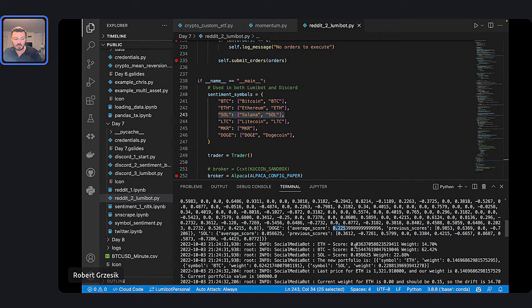We can see here Solana had a score of 0.05. It even tells you how it got that score. One article gave it a 0.36. Another comment gave it a -0.72. Another one gave it a positive 0.57, right? So a -0.72 might be someone saying, Solana sucks, I hate Solana, it's going to the ground. And it takes all those, averages them all out, and comes up with this average score.